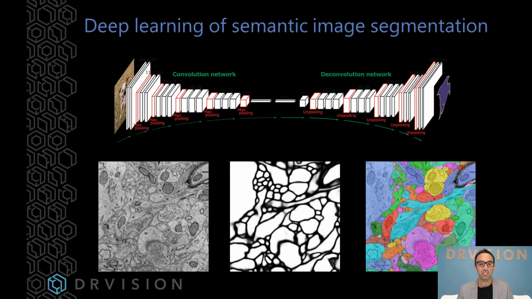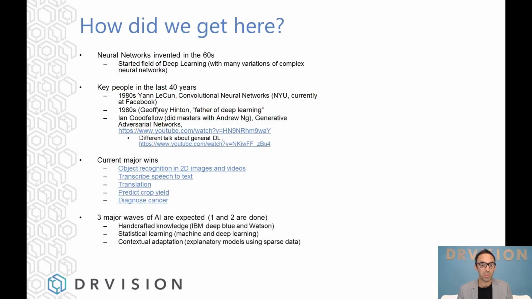So deep learning for semantic image segmentation has become pretty popular in the last 5 years. A lot of people have used it and they don't even know it, like in Facebook or in Google searches and things like that. It's already there. It already does a job for you. And if you're lucky to have a Tesla, it definitely does a job for you because it's identifying obstacles on the road. So in the last 40 years,